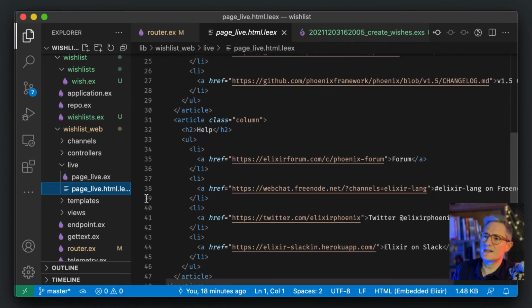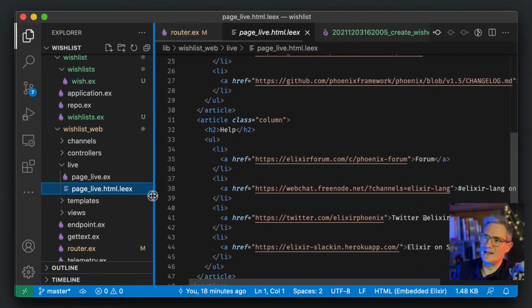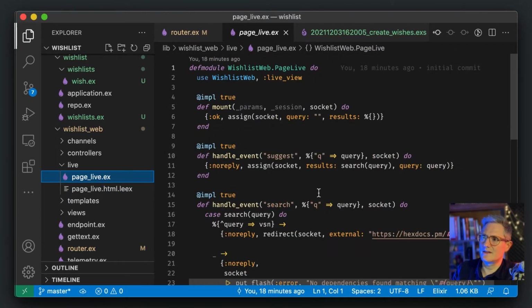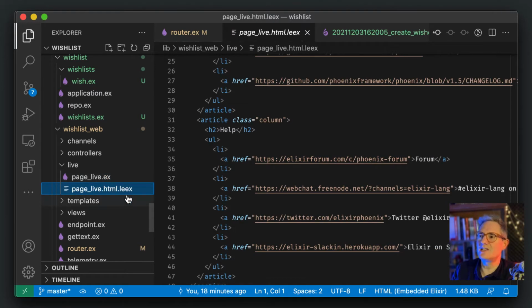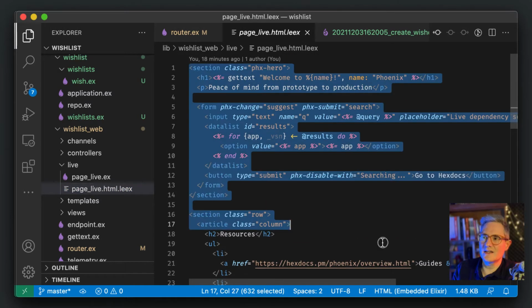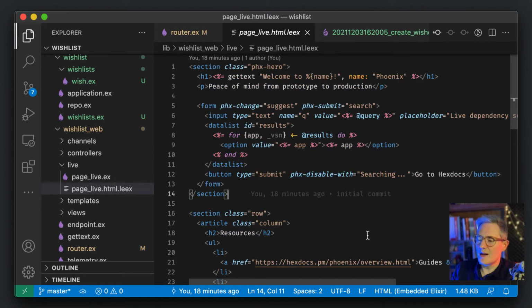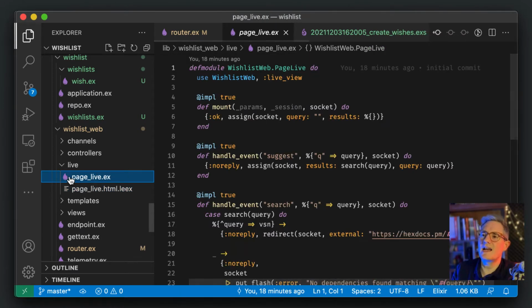And it does the separate LEEX template to the module. But if I'm honest, I've come more and more to not bothering jumping between page live. Maybe for the outermost one there's some value to having a template like this. But I'm actually finding it's quite annoying once you start having a few little live nested components. It's a bit annoying having these separate